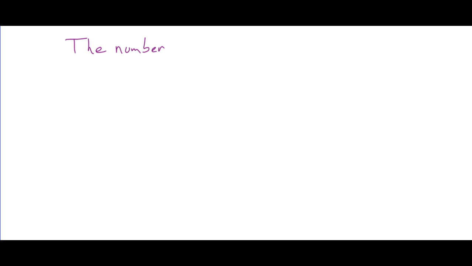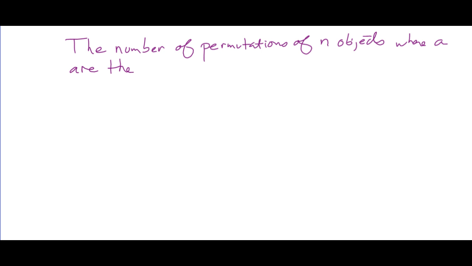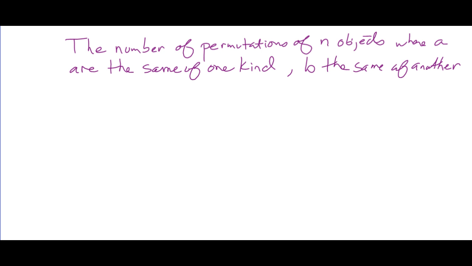So the number of permutations of n objects, where A are the same of one kind, B the same of another kind, and C the same of a third kind,